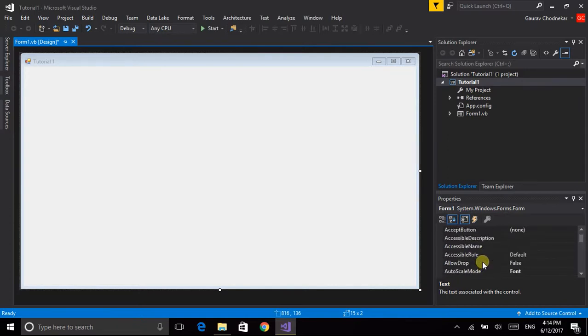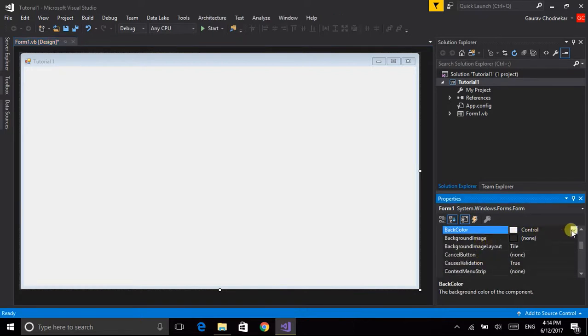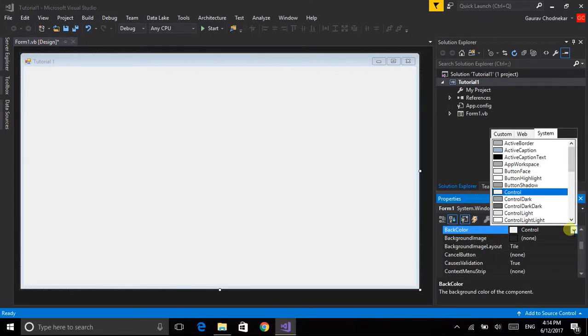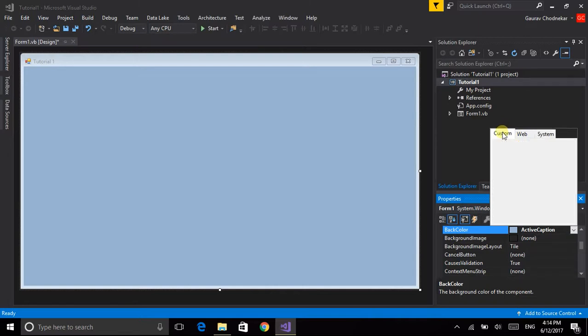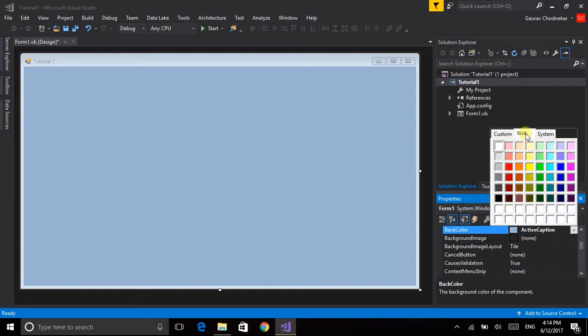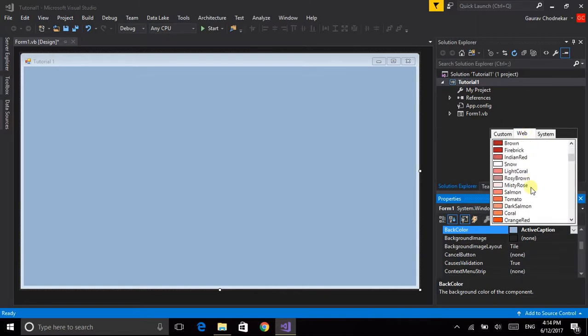Then just find another property here, such as the background color. Just click on the drop down, go to active caption, see your color has been changed. You can also go to custom and have your custom colors at the background. For web, there are lots of colors. And then the system, that is the system colors for the background and all. Now let us go for web. Let's say, what we can put in here,